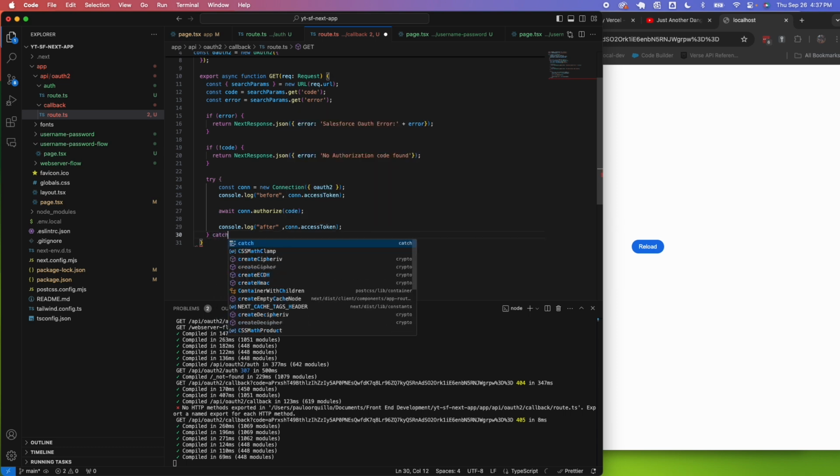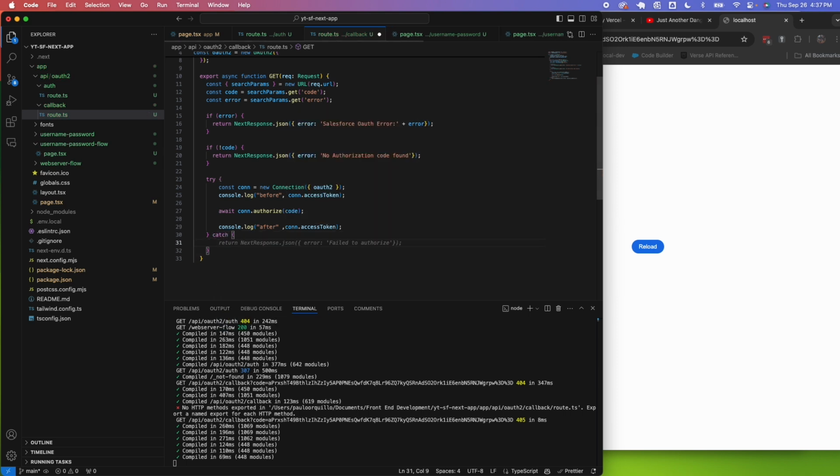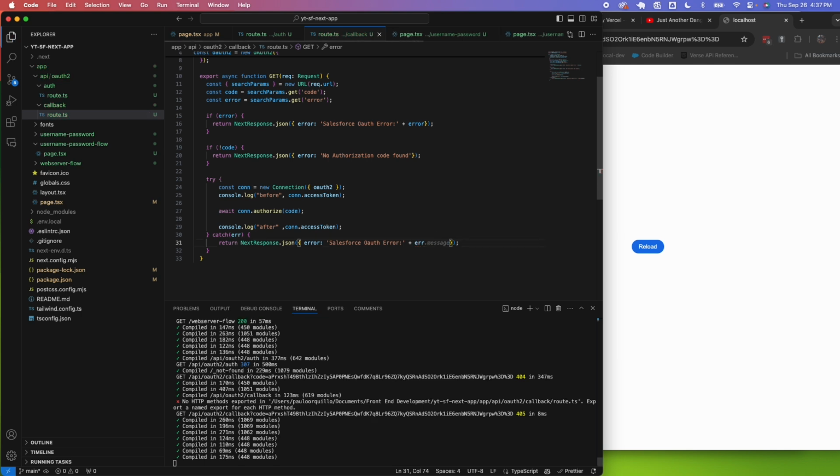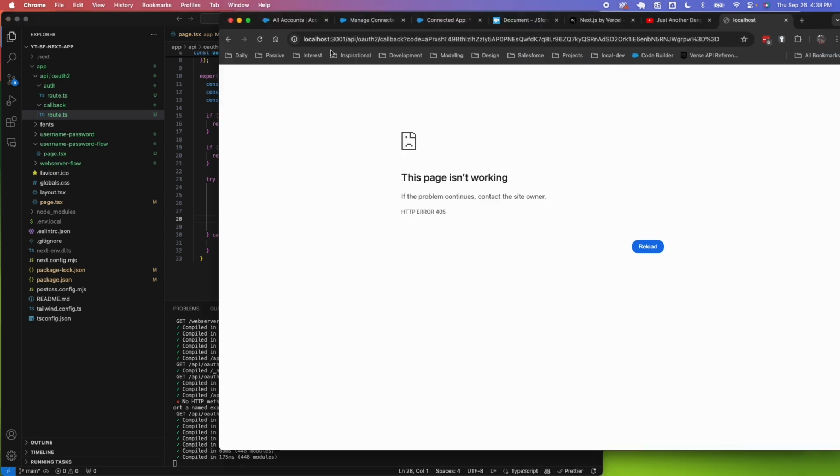And let's do a catch. So if there's any error, I want to return the error. Return response, Salesforce error. There's no message. Yeah, sometimes autopilot does that. Cool. So if we're trying to do the authorization and we got an error, this is the one we will get. All right. So if I go back here and I refresh,